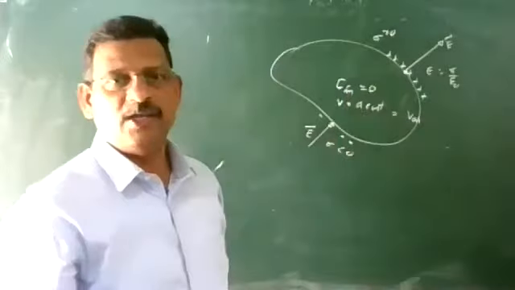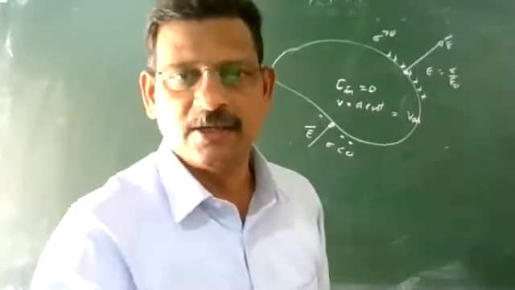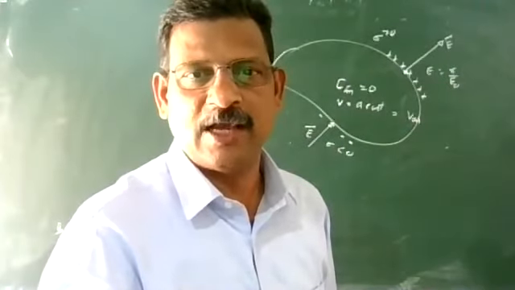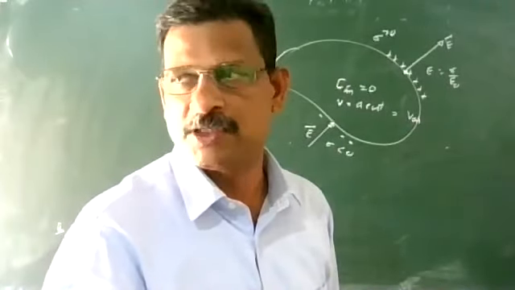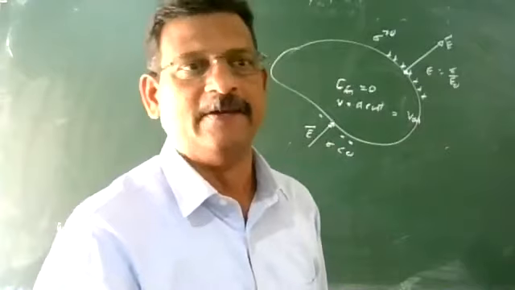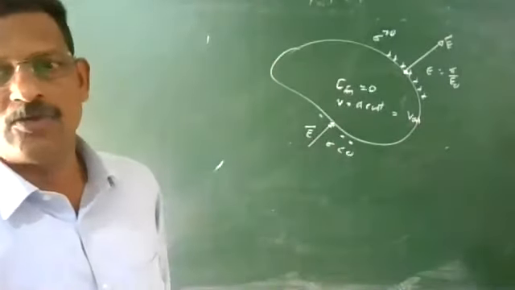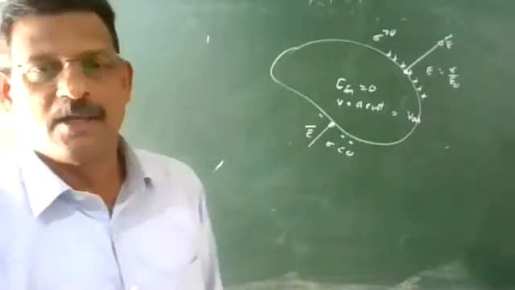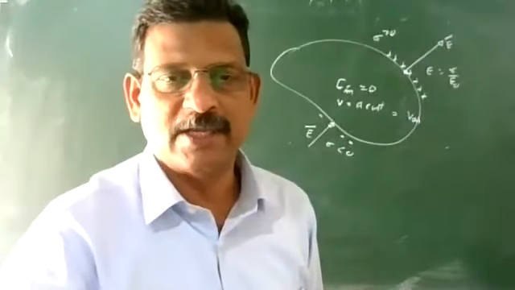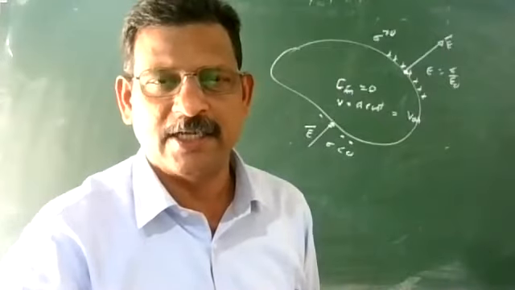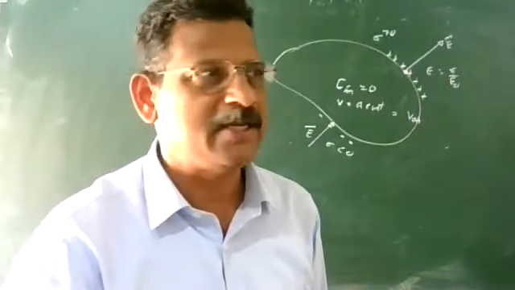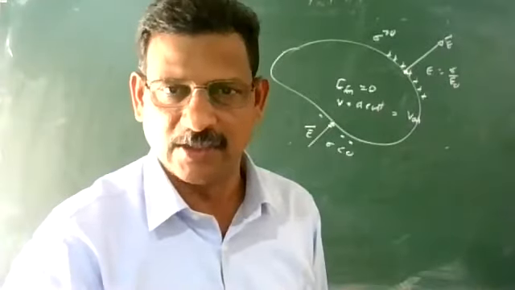So if electric field is 0 in a certain region, we can say that region is protected from the electric field, and we use a particular term for this: electrostatic shielding. Electrostatic shielding means protecting a certain region from the electric field. So we say that region is protected from the electric field.